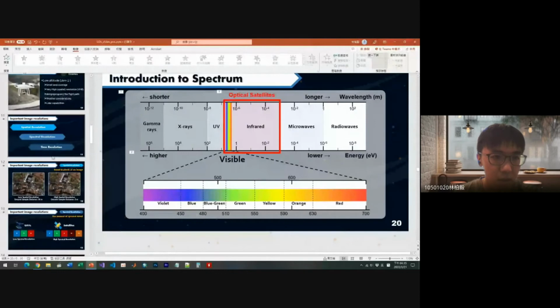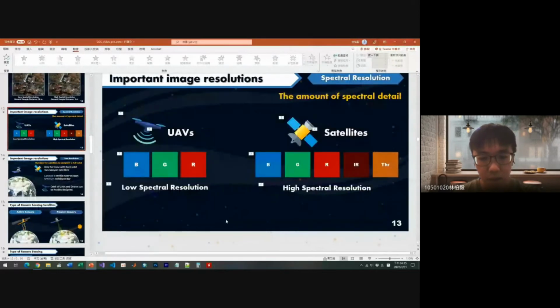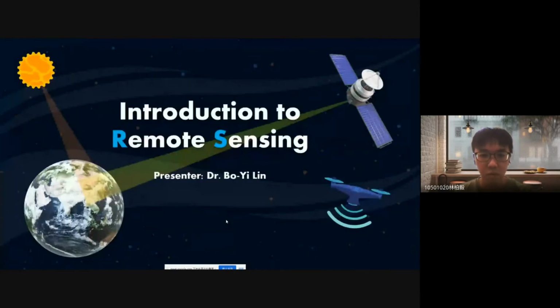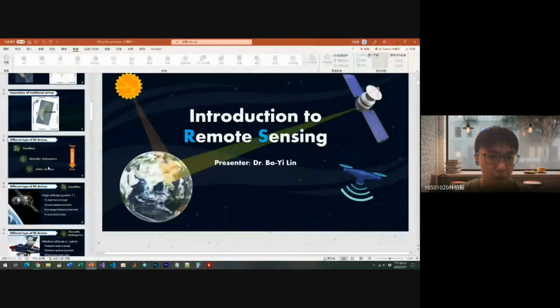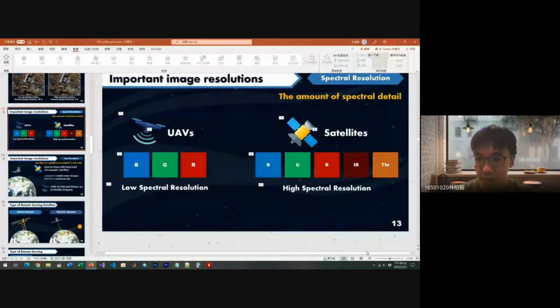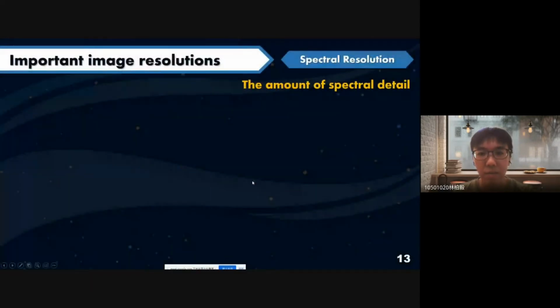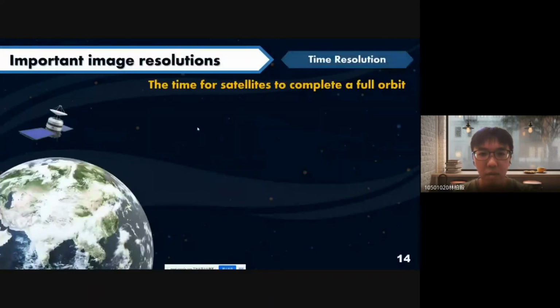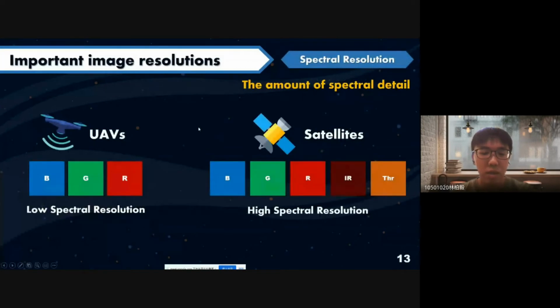I will mention it here. Here I mentioned that UAV have a lower spectral resolution because they only have blue, green, and red bands.